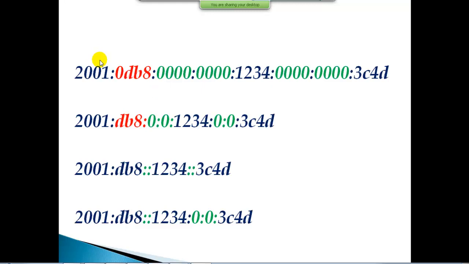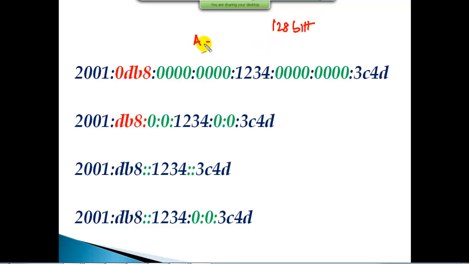Now in this section, we'll continue with our discussion on IP version 6. Like we have seen some basic introduction on IP version 6 in the previous case. Now here we'll try to understand the IPv6 addressing, how the IPv6 addressing is given. Now IPv6 is a complete 128-bit address which is going to be written in hexadecimal numbering.